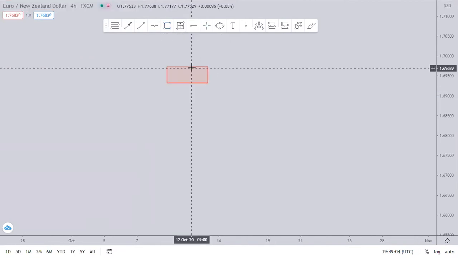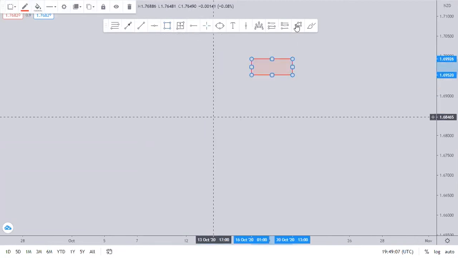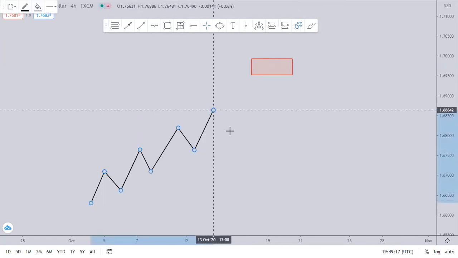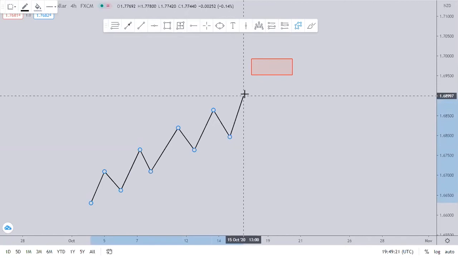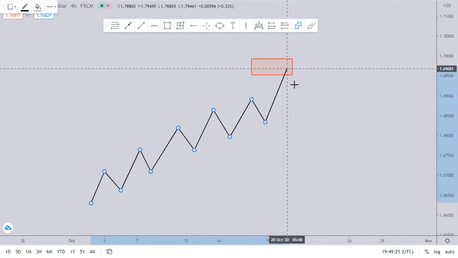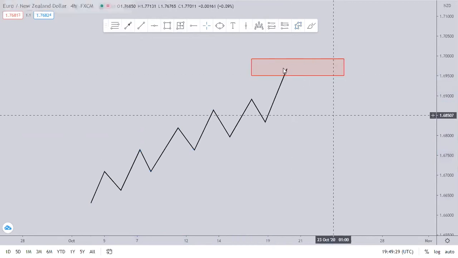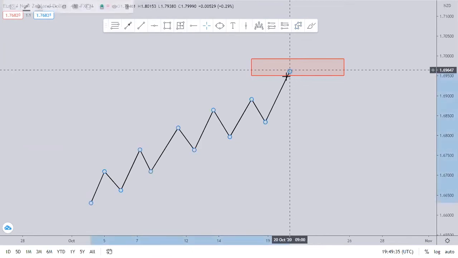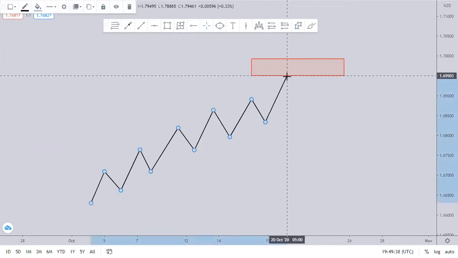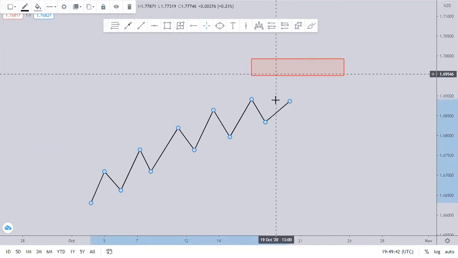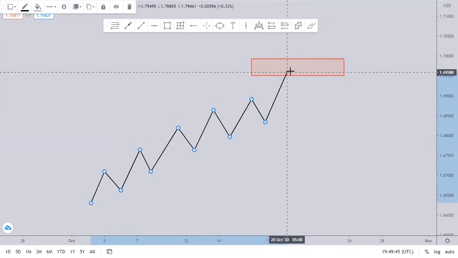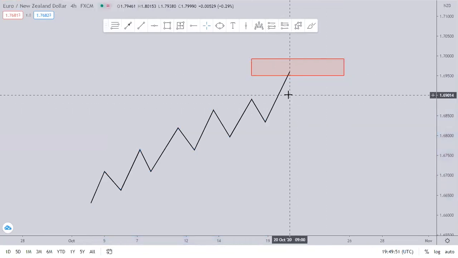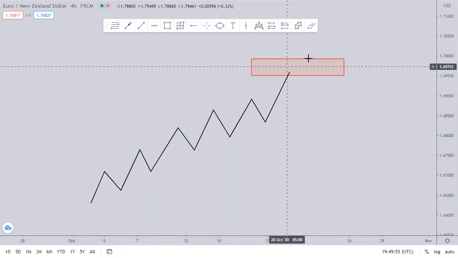When I say price is likely to respect, it means that, let's assume that this is the order block, somewhere here, and the market is coming from this side. It's bullish, coming from this side like this. It's headed towards the order block. Then it trades into the order block like this. Now, what it means is that when the market trades into the order block, or maybe not into the order block, but just below it, touching the bottom part of it, or even trading into it, what a high probability order block means is that price is very, very likely, about 70 to 80% likely, to respect that order block.